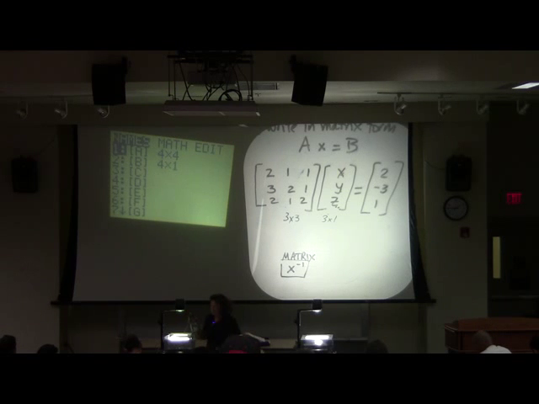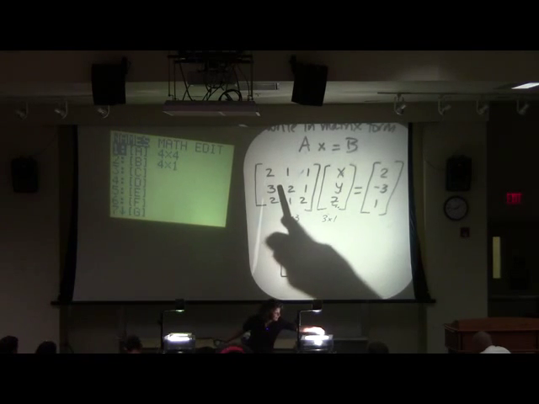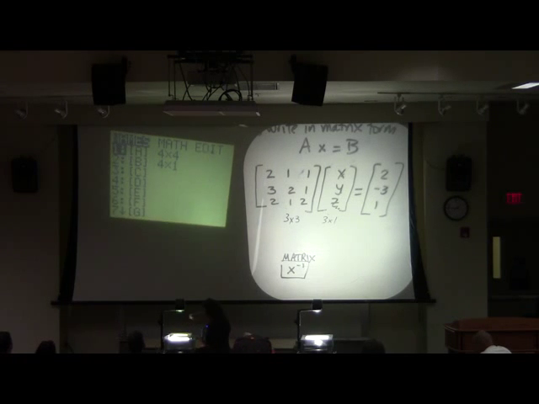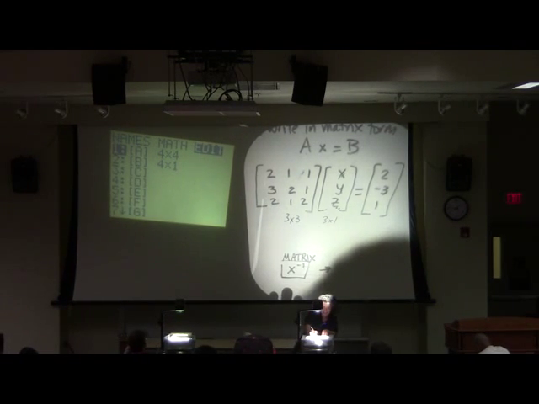Okay? This is what I have. You guys might not have anything whatsoever in here. Don't worry about it. Unlike those lists that you enter, you don't have to clear your matrices out. They just supersede each other. Okay? Everyone with me this far? Cool. Now, what we need to do is enter our matrix A and enter our matrix B. When you enter things, you're editing them. So go on over to edit.